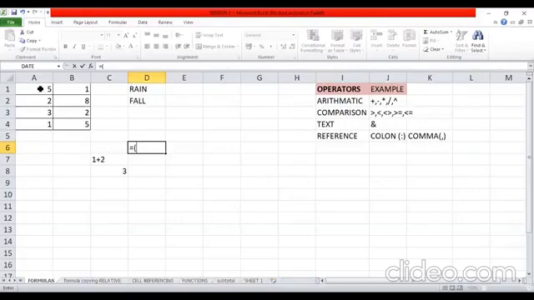After starting with an equal to sign, wherever you click on the Excel sheet, that cell reference will automatically appear in your formula. So you can see I have simply clicked on the cell which I wanted to use and A1 is displayed in my cell. Now I want to add, so I'll put the mathematical operator plus.